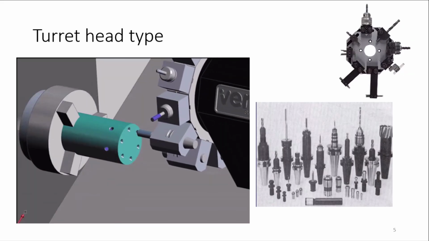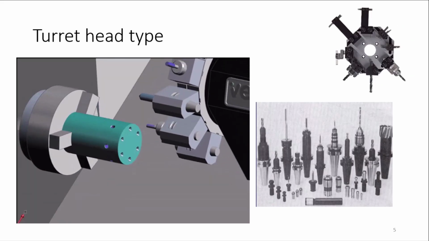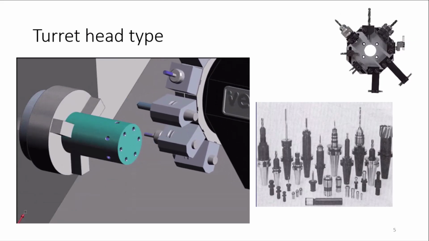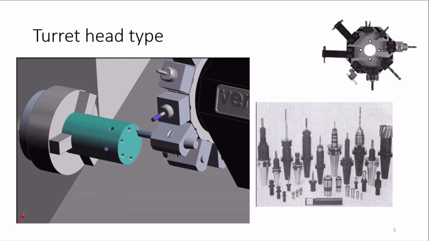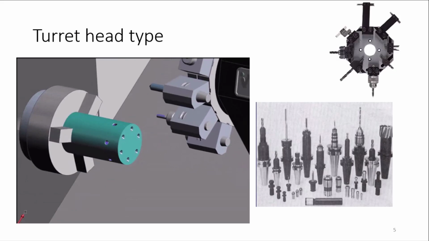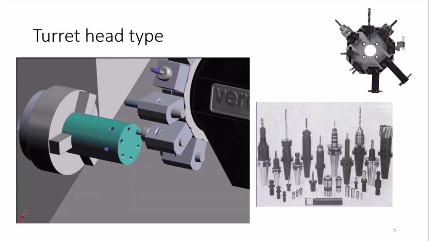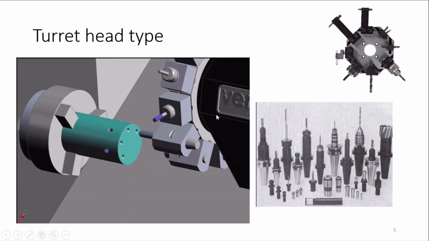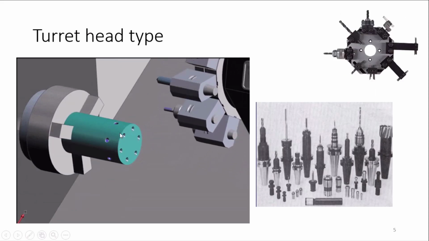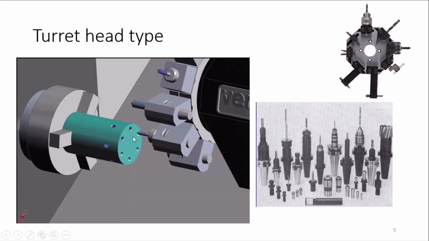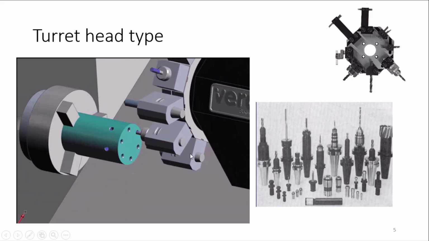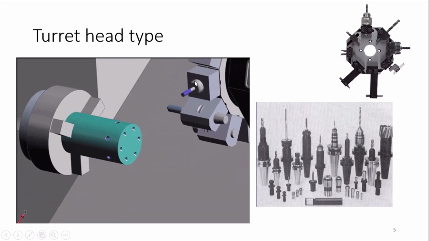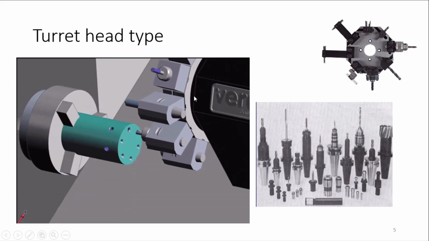You can see in this video that one tool is used for drilling purposes, and another tool is used for boring purposes. Whenever it changes the tool, see, now the drilling is done over here, and now the tool has been changed and the boring tool is there. This is your turret, which is rotating and holding the different tools, and whichever tool is to be used will come in front and work. All the other tools are there, but they are idle, they are not working. So this also acts as an ATC magazine as well as an ATC mechanism.